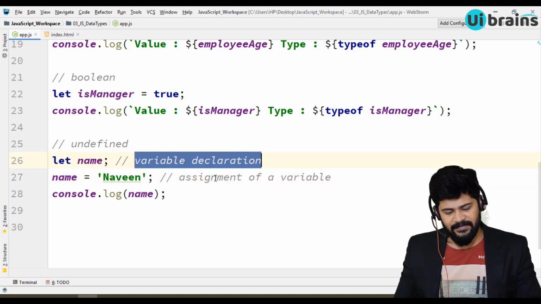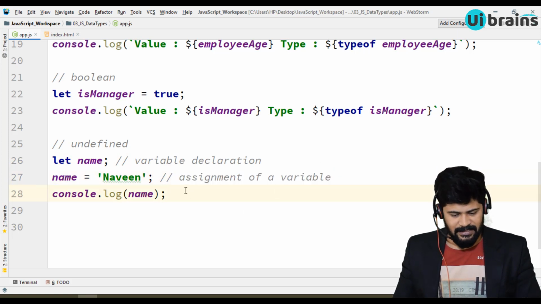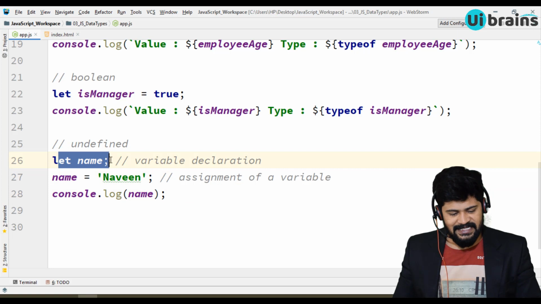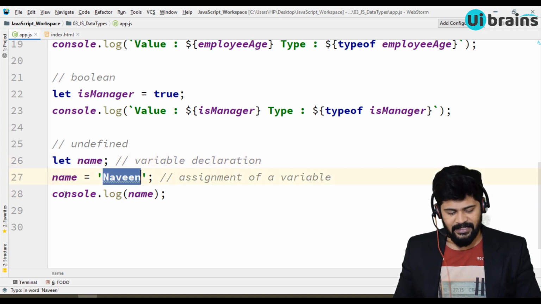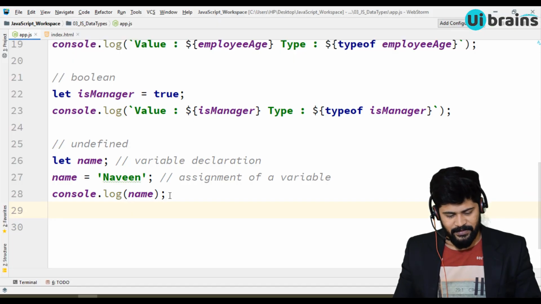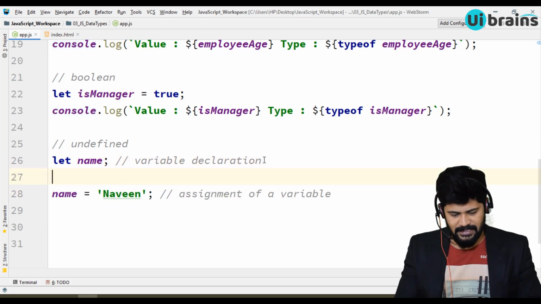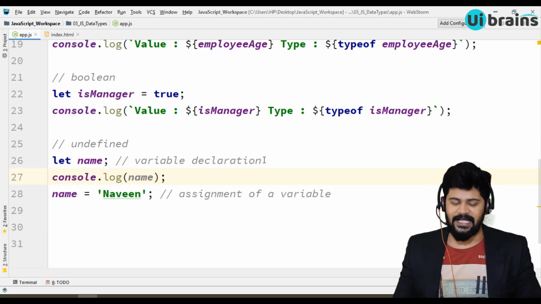We declared a variable, then we assigned a value to it. Now the variable is declared in this line, and in the next line assigned with Naveen. When you print it, you get the value Naveen. It's perfect.